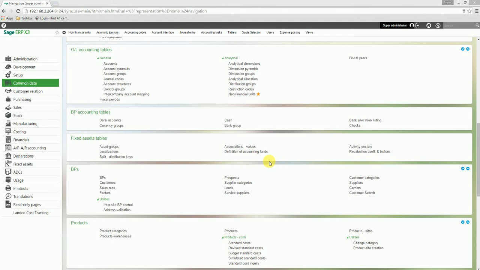In a BP or customer flow, a prospect comes before a customer and the lead comes before the prospect. In other words, we begin with the lead. A minimum amount of information is required to create a lead and keep log. After creating a lead, you can assign the lead to a sales representative who will be in charge of making